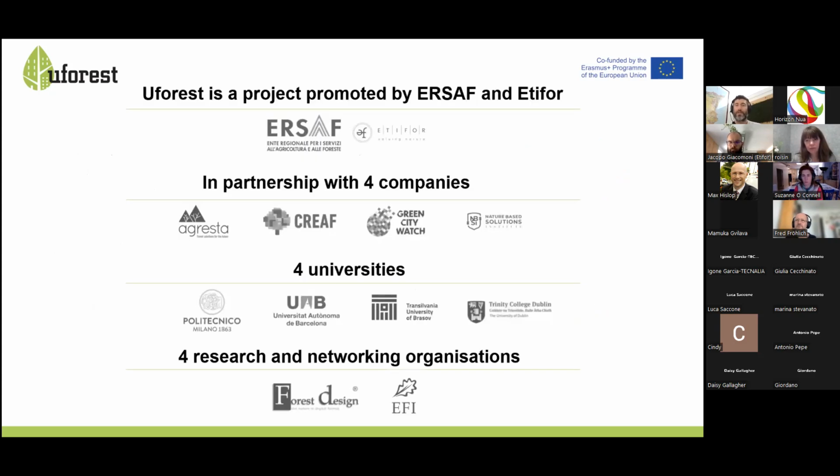Okay, so these are those. So we have ourselves and Hyssop, which is the regional entity for forest and agriculture network and research in Lombardy region in north of Italy. Then we have 4 companies, again, quite innovative companies working in these solutions: Nature-Based Solutions Institute, Green City Watch, CREAF, Cresta, both based in Spain, and 4 universities. These are the core, the research institutions are the core of the project, and where most of the interventions will be held will be in the project partner university